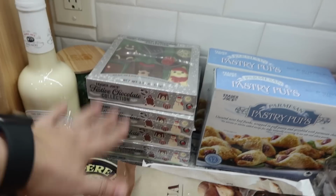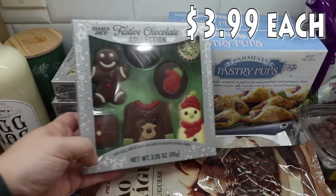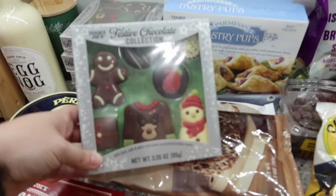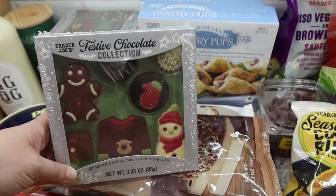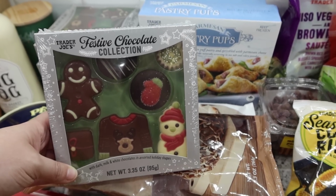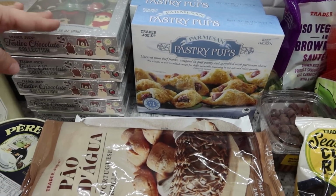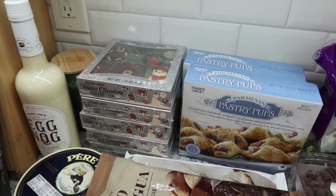All right, I got 5 of these. Bryce has several teachers this year, being in a middle school. It's no longer, you know, 1 or 2 teachers for all your classes. He's got 1 teacher for every single class. So I picked up 5 of them, and we'll see. He hasn't really said what he wants to do for Christmas this year, but he did ask what I was doing for the teacher. So I saw these. I thought this would be something super easy and quick to tie a bow on, maybe add something else to it like the hot cocoa stick or something non-chocolate, who knows, but I thought that would be